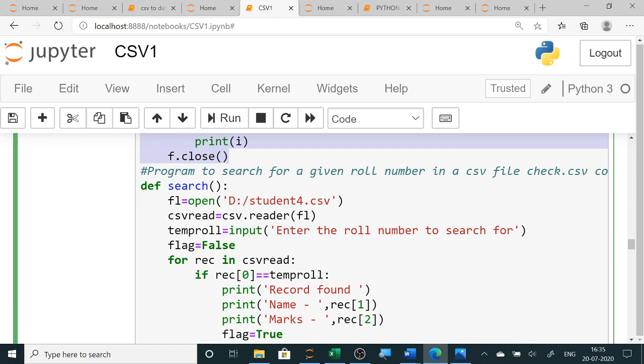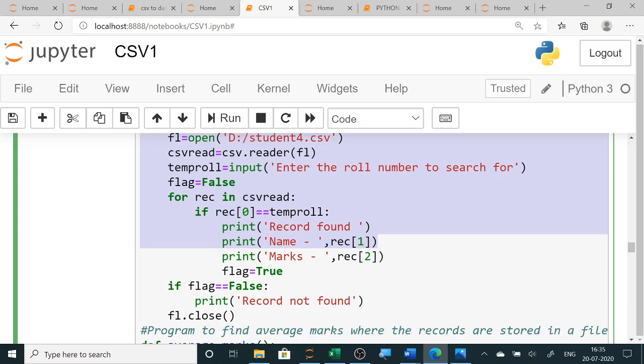Then using def I have written a function to search. You can search using the roll number, using the name, anything you like. Here I have used the roll number. If you want to search with the help of name, then here you only have to write rec[1], and name will be equal to input, enter the name to search, and with the help of name it will search.